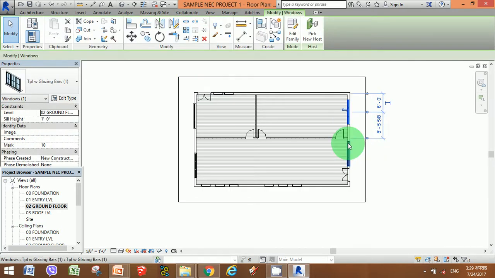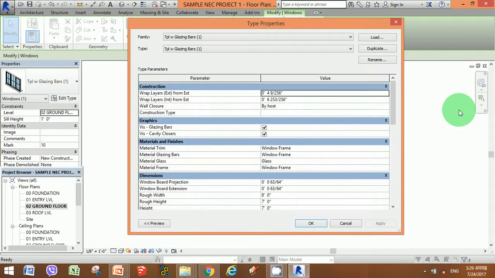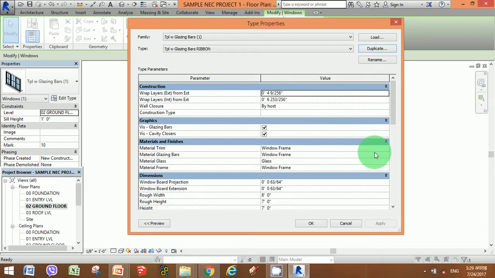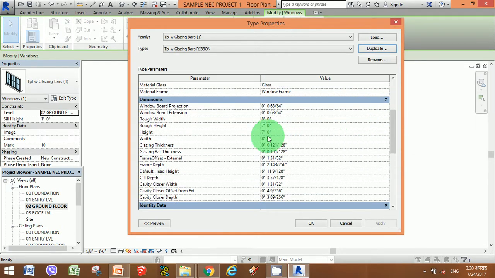Once you've selected the window, let's go to the edit type again, and let's duplicate this window. If I want to make it as a ribbon window, I'm going to use a height of, let's say, 2 feet.